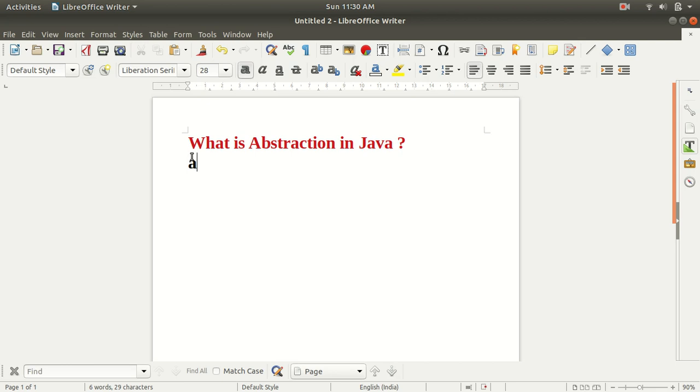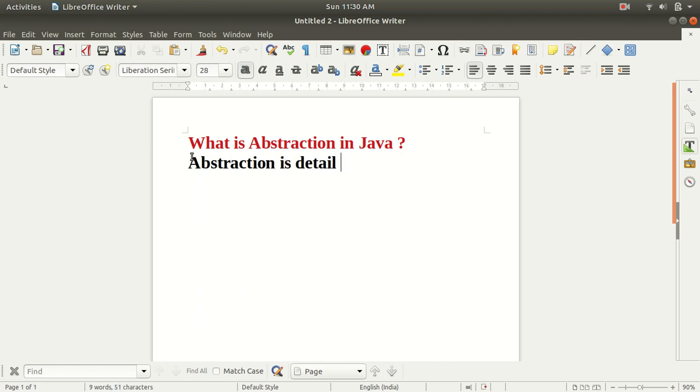So guys, abstraction is detail hiding, or implementation hiding, and showing the main services or the interfaces. It means that we will hide the internal details and we are going to show the main services. So this is abstraction.